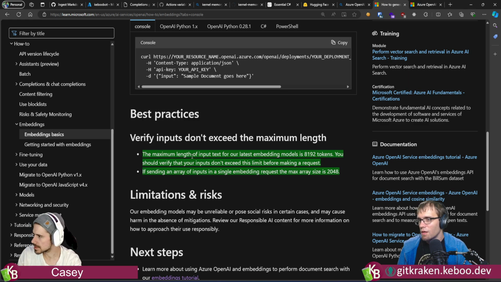Batch endpoints. So the maximum length of input text of our latest embedding models is 8,192 tokens. If sending an array of inputs in a single request, the maximum array size is 2,048. I would assume array of inputs is the batch endpoint.